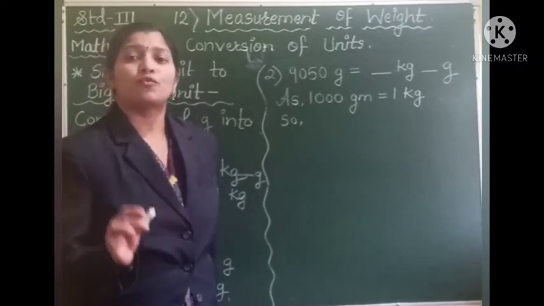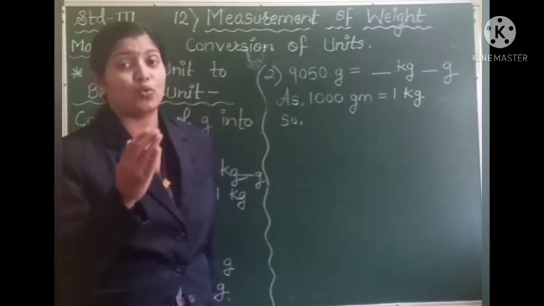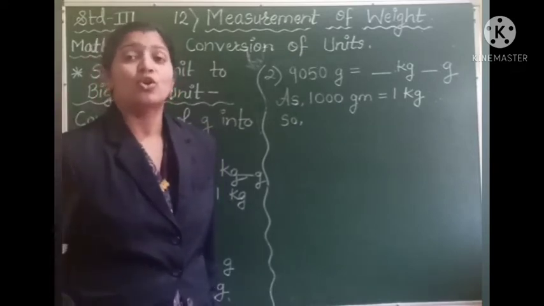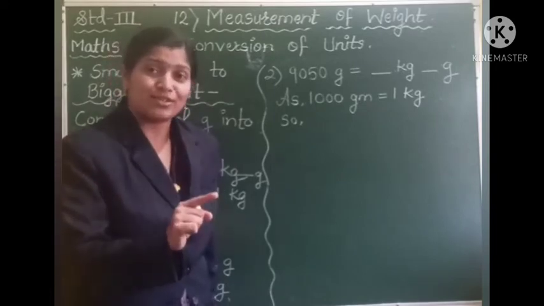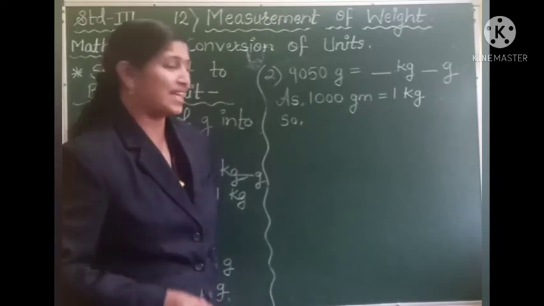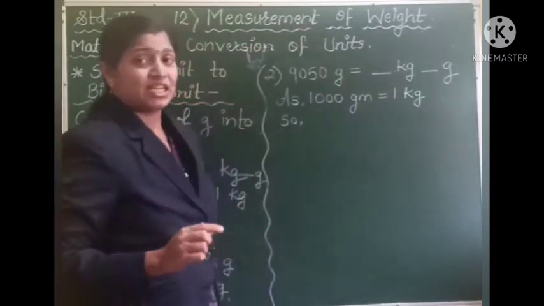So for this, we need to know what 1000 gram is equal to, or we need to know what 1 kg is equal to. So 1 kg is equal to 1000 gram. It means that 1000 gram is equal to 1 kg. So as 1000 gram is equal to 1 kg, we can write